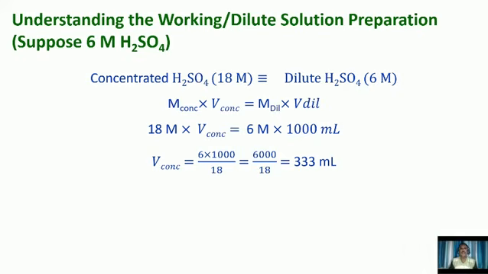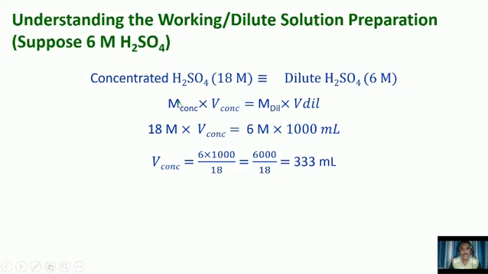If we are having 18 molar H2SO4 as we have computed from the specific gravity and percentage purity details which are printed on the bottle, you can go for stock solution preparation. You can go for 6 molar or some 4 molar H2SO4 preparation, and after preparing this stock solution you can go for further dilution by the same formula. Okay, suppose I have taken 18 molar H2SO4 which is the original laboratory reagent, which is concentrated one, and we have to dilute it to 6 molar H2SO4.